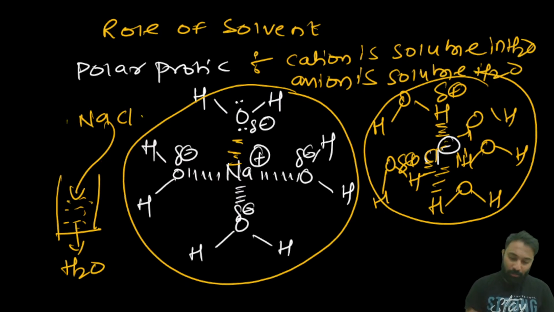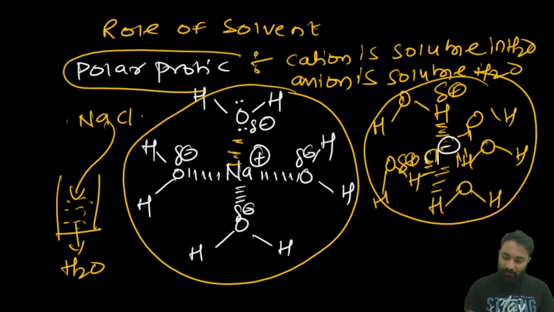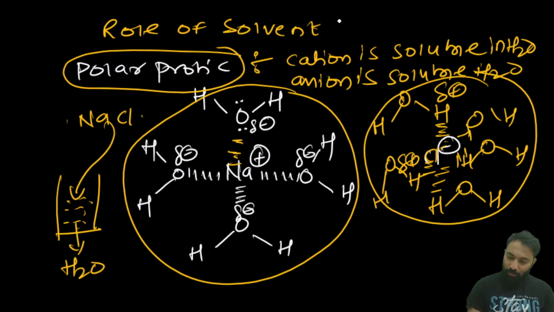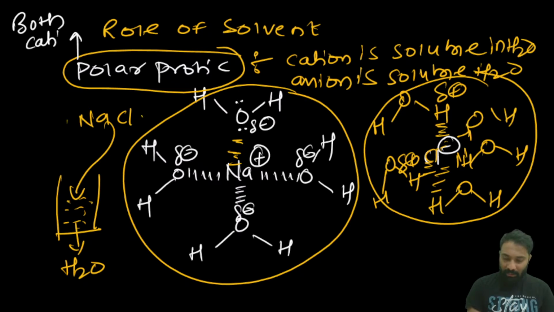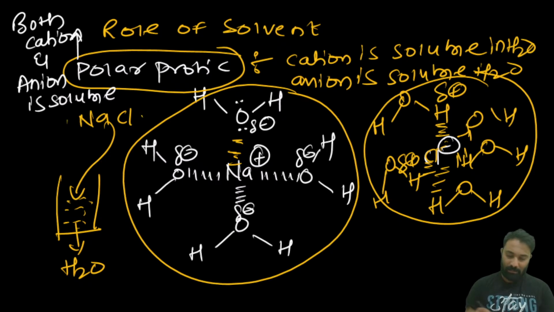So if a polar protic solvent is given, the first thing you have to keep in mind is that in the polar protic solvent, both cation and anion are soluble. Done? Clear. Next, when it comes to the polar aprotic solvent,